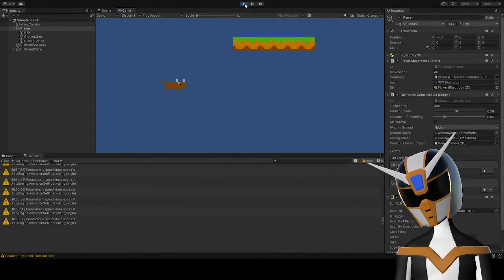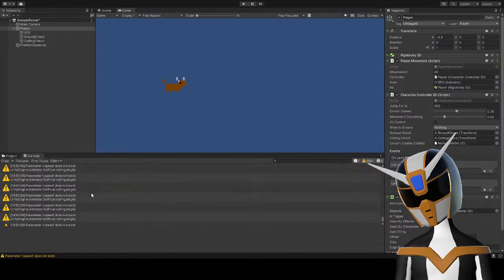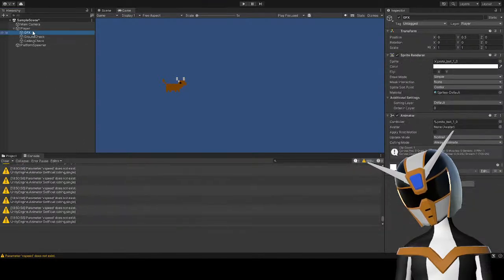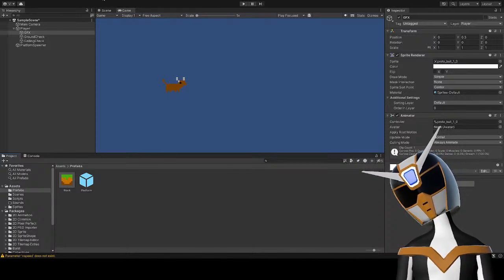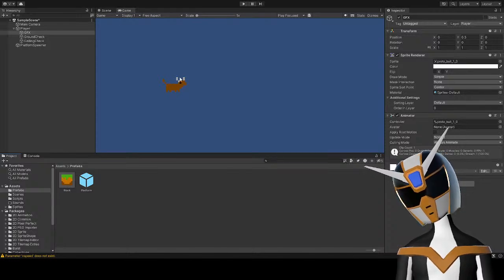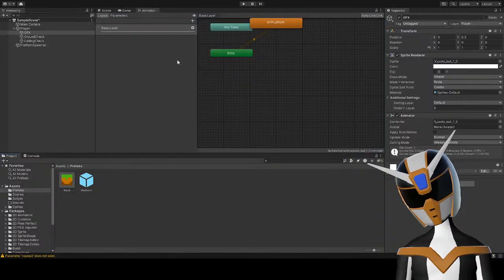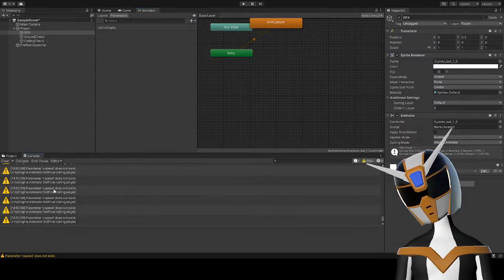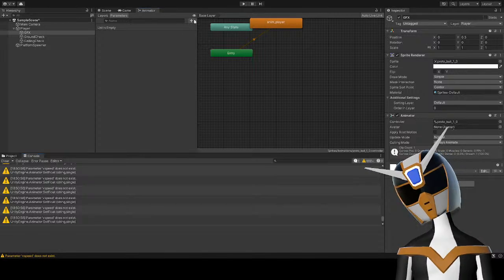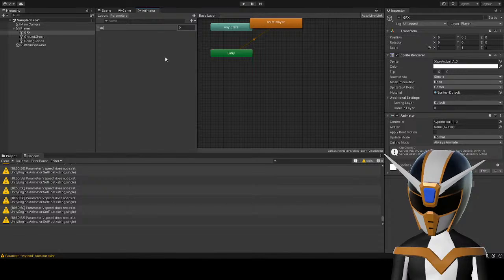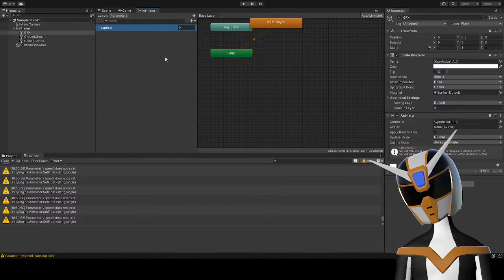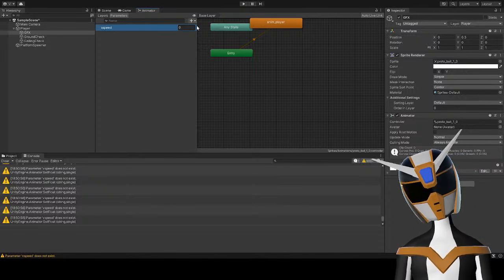Oh, okay, so now it's because there's no speed parameter in the animator. Okay, well, let's open up the animator, I guess. And add some parameters. How specifically is it named? What is it? Y speed with no capitalization. Okay. X speed and Y speed.